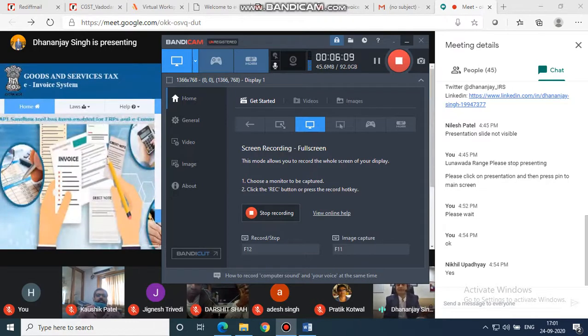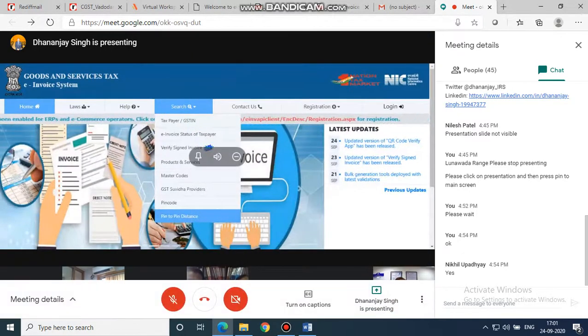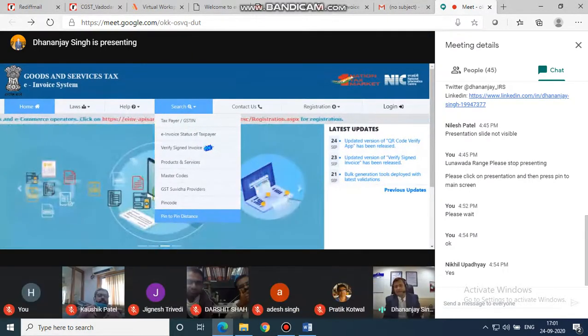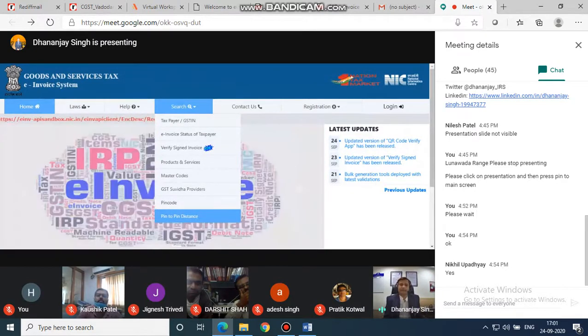Then the system will understand that it has to calculate the distance and autofill it. So 00 has to be entered or as specified in the format given by the NIC.